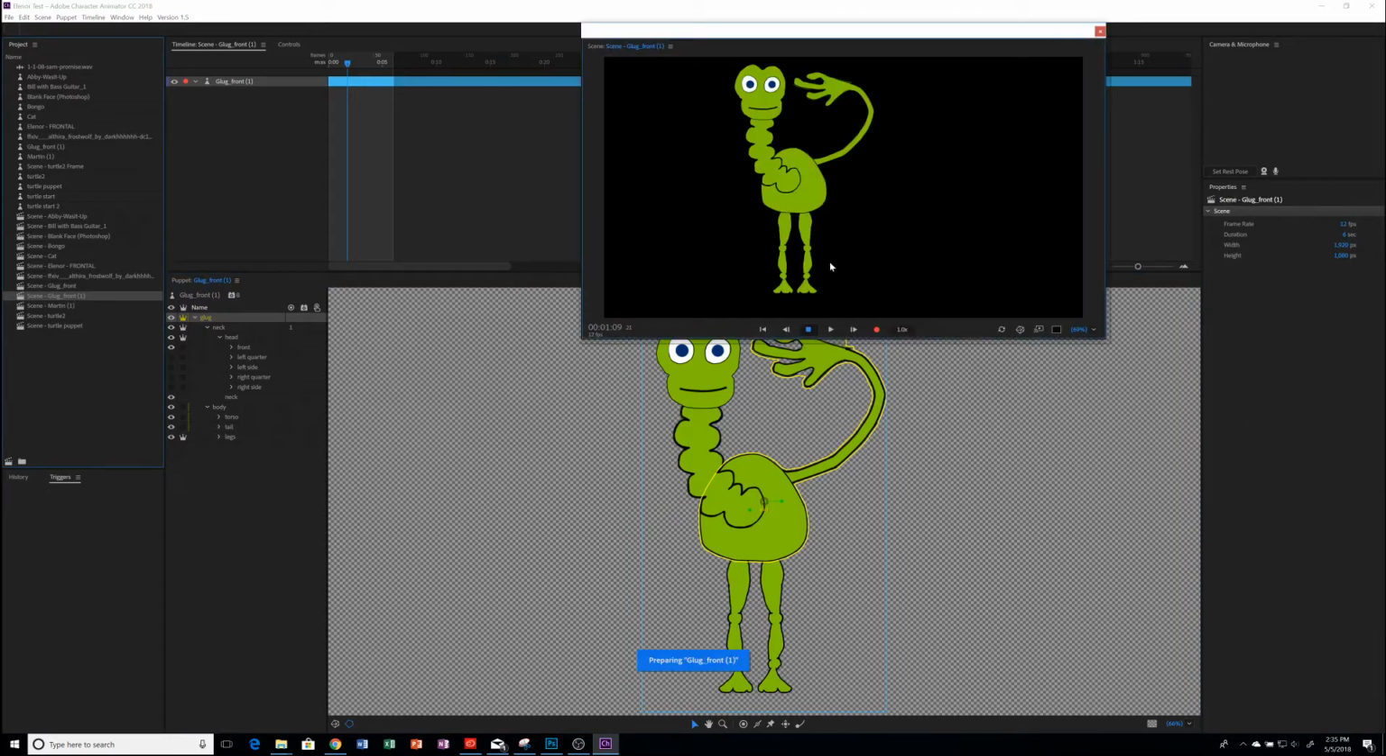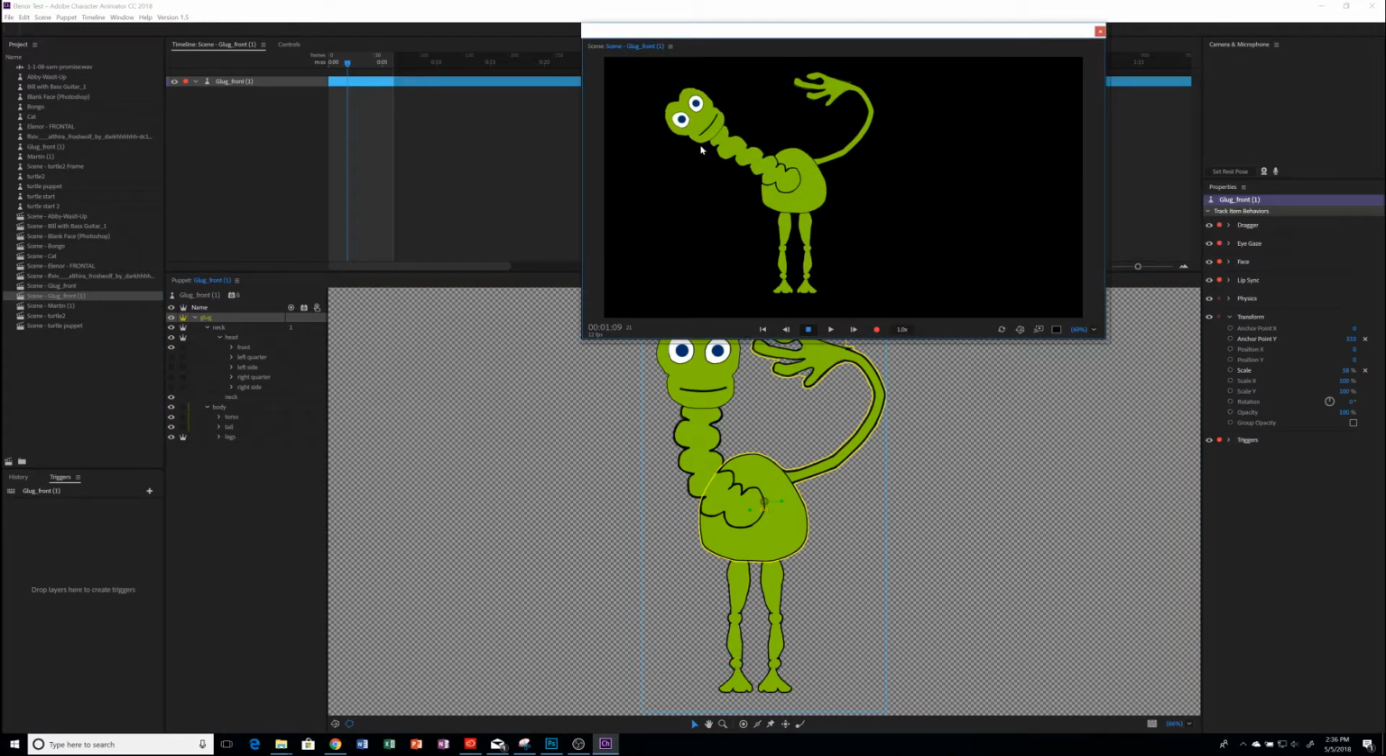Okay, so what does the end result look like? Now I can bend it around. You notice that the body is not distorting as I move around. I didn't need those pins there. If I turn the webcam on,